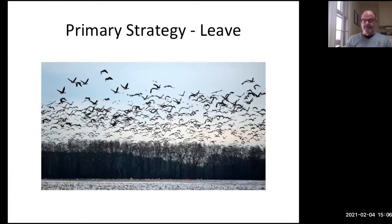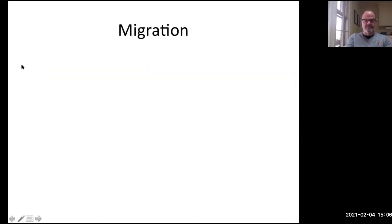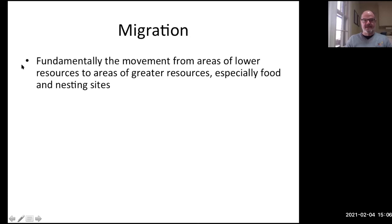All right, so the primary strategy for bird survival is simply to leave. They migrate. All right, so migration is fundamentally the movement from areas of lower resources to areas of greater resources, especially food